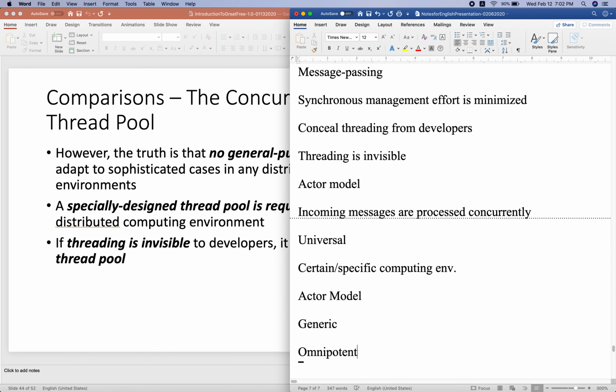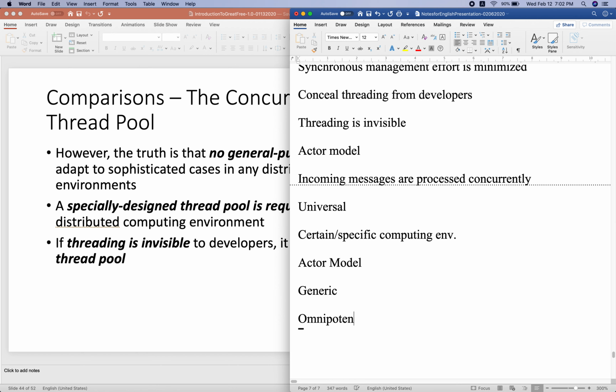No omnipotent thread pool exists. This is common sense, right? So any thread pool is domain specific or environment specific.